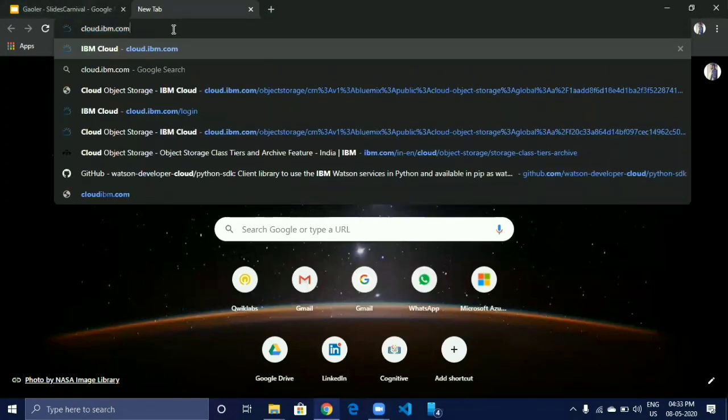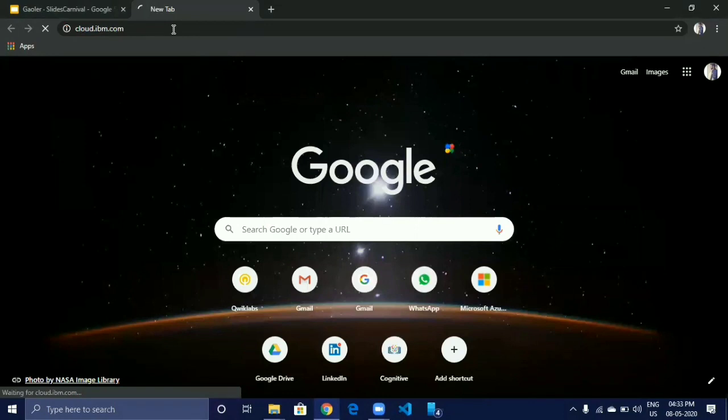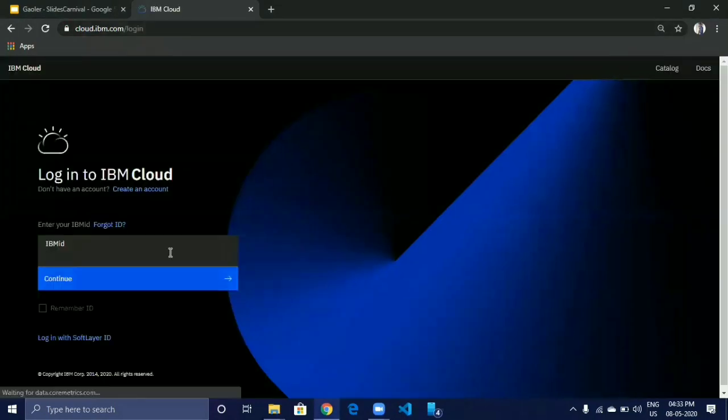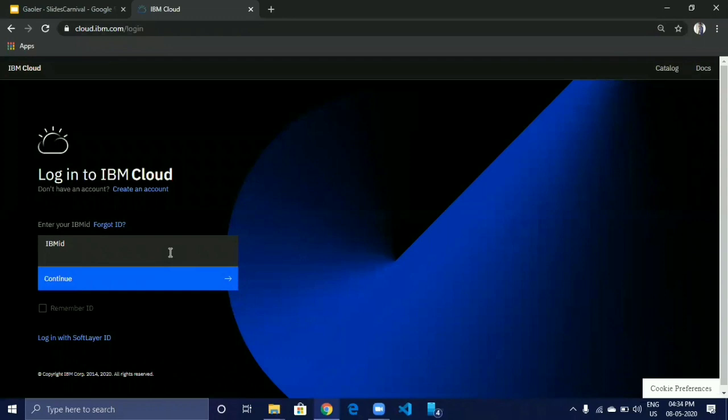Go to cloud.ibm.com. Then log in into the IBM Cloud account. If you don't have IBM Cloud account, you can create a new one.